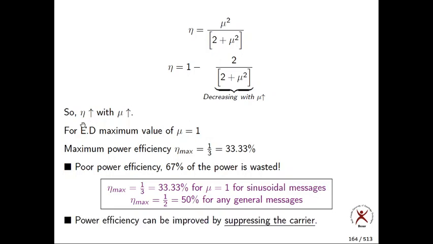Now you can improve the power efficiency by removing that carrier term at Fc. You can remove it, because anyway it does not have any useful information, and not only that, it is also wasting our power. If you remove that carrier term, you may get better power efficiency. That is the solution. What is the solution? Just remove the carrier term at Fc. By removing that carrier, you can improve the power efficiency of your AM systems.